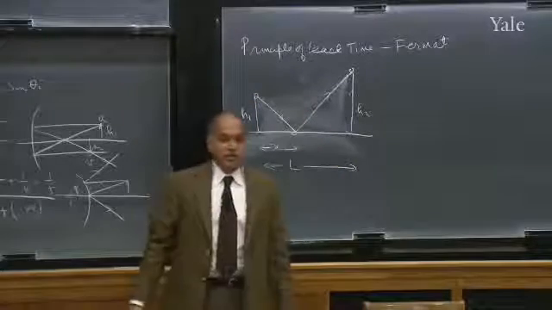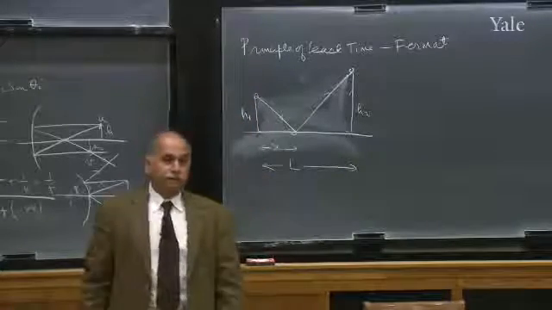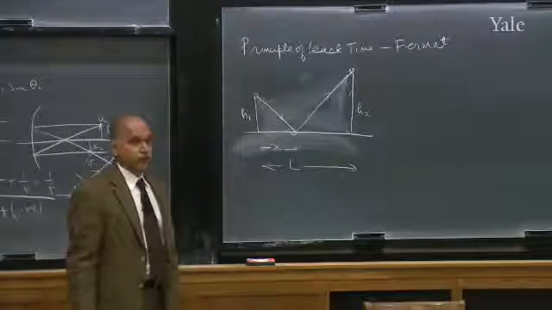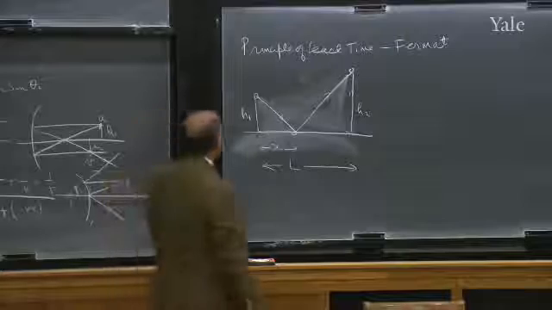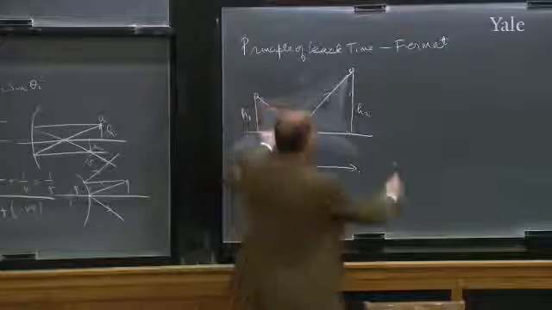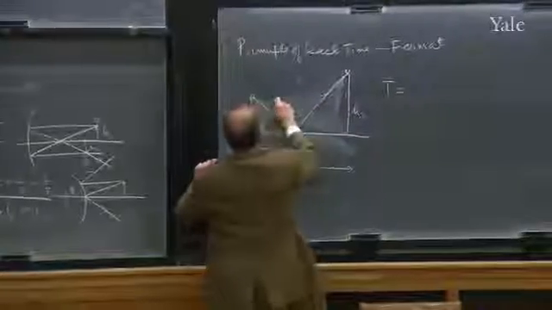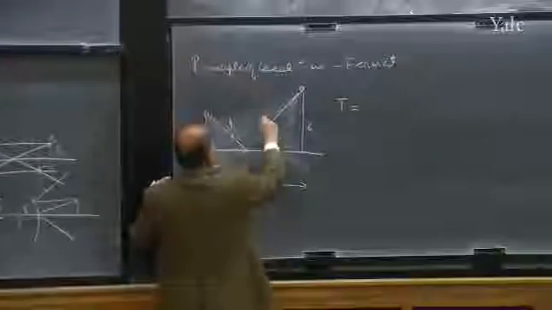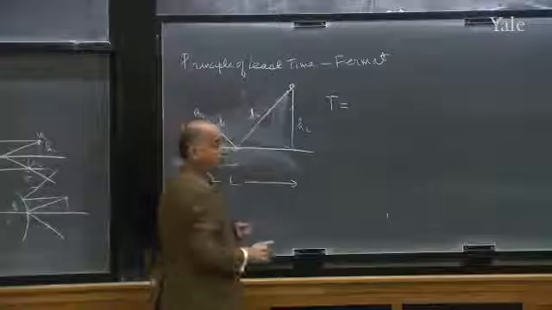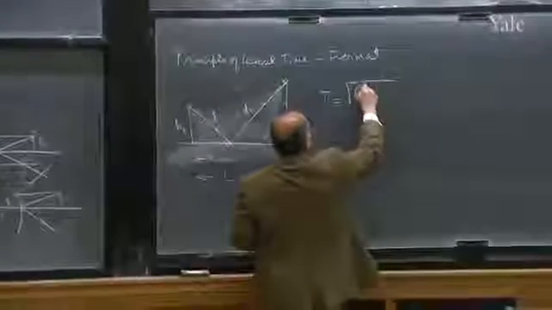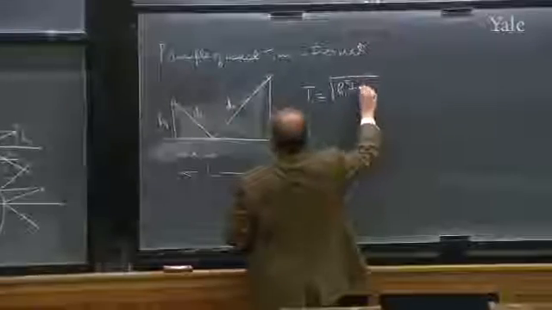So what I will do is I'll simply calculate the time, then find the x for which the time is minimum. So what's the time taken for the first segment? Let's find the total time. It will be the distance d1 divided by the velocity of light plus distance d2 divided by the velocity of light. d1, you can see, is